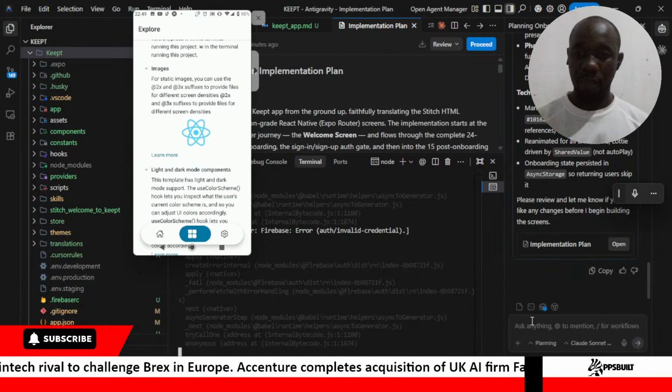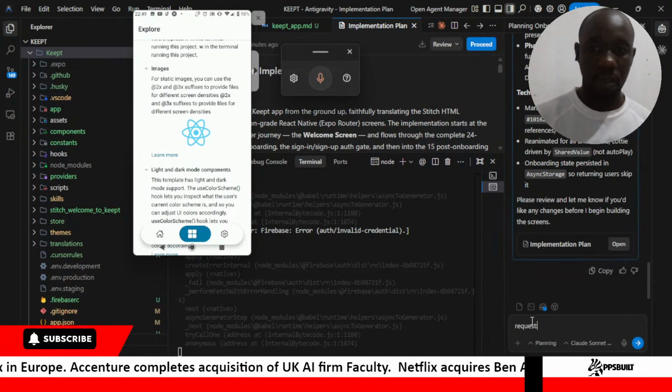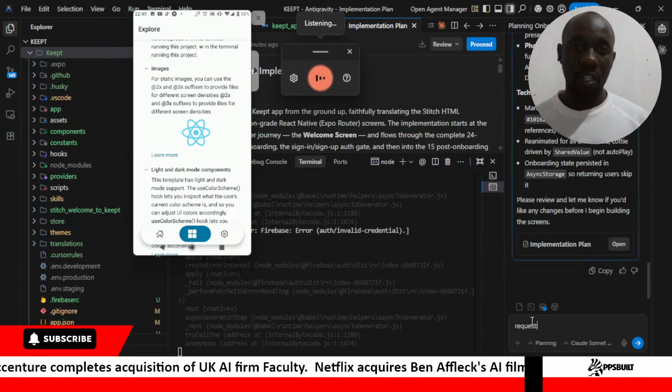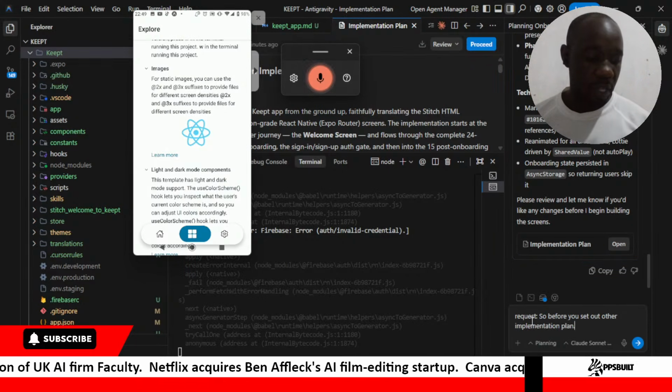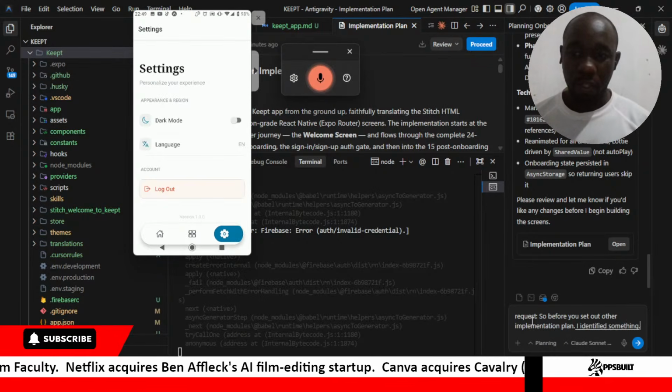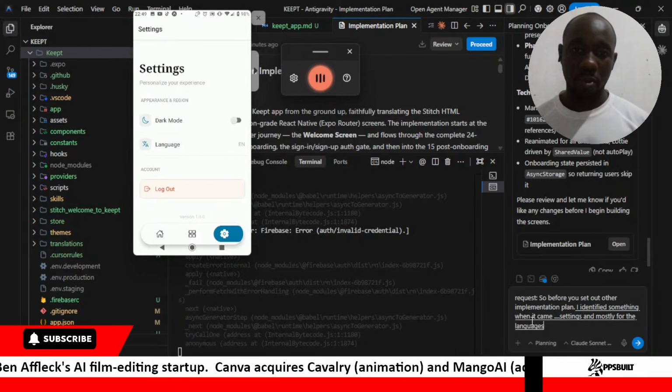So let's add something to the implementation plan. Before you set out the implementation plan, I identified something. When it came to the settings, and mostly for the languages, I can only switch from English to Spanish.